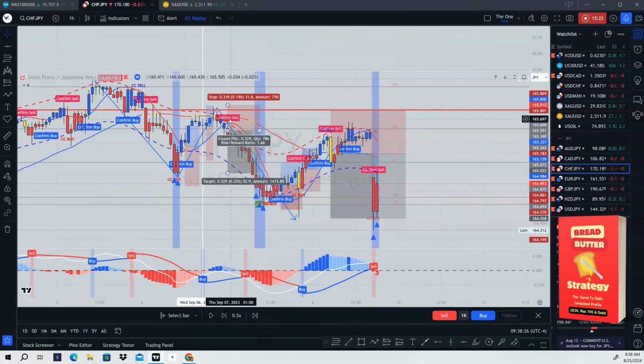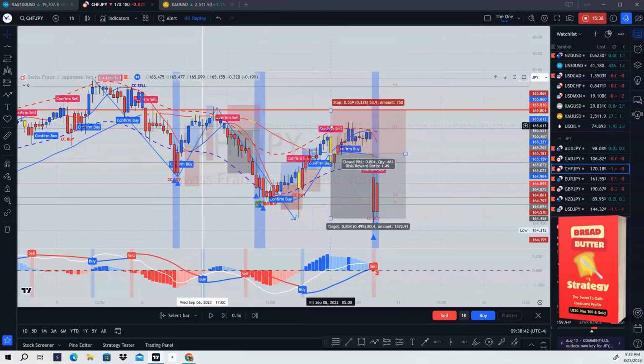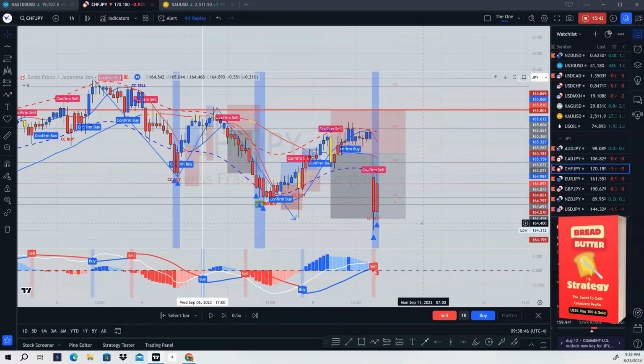Wait for the confirmation sale, take that sale. Okay, high probability spike, you can get in on the confirmation buy, price went all the way up here. Wait for the confirmation sale